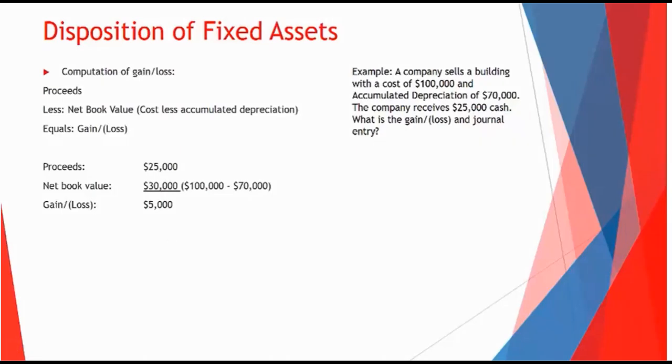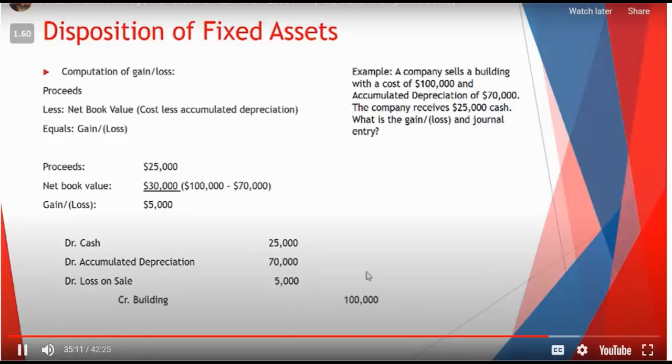Yep. So then getting into the journal entry, well, what do we know? We know we got cash for 25,000, so debit our cash for 25,000. We know we had accumulated depreciation of 70. That normally has a credit balance, so we need to remove it, right? We've got to get rid of that. So if it had a credit, we need to debit accumulated depreciation to get rid of it. We have a loss. Losses are like expenses, so we're going to debit the loss for 5,000. And then finally, we have to get rid of this building that had a debit balance of 100. We need to credit it to get rid of the building, take it off our books, cancel it out, if you will, in your mind. So credit the building for 100,000.